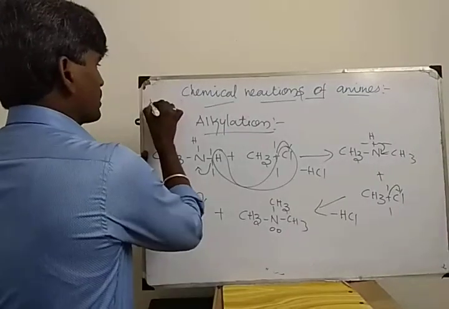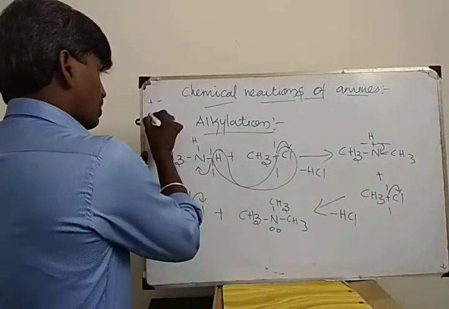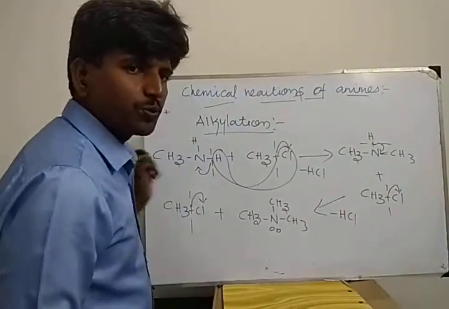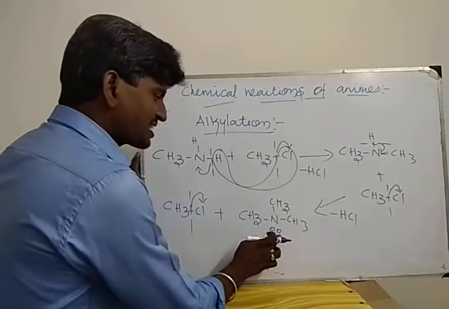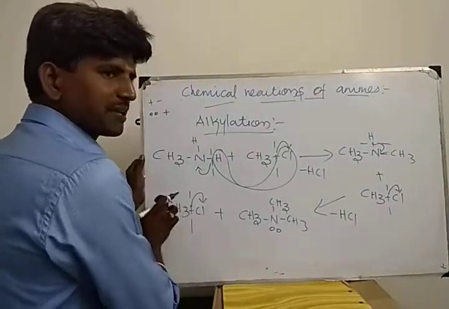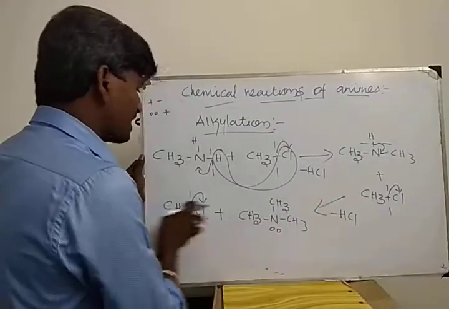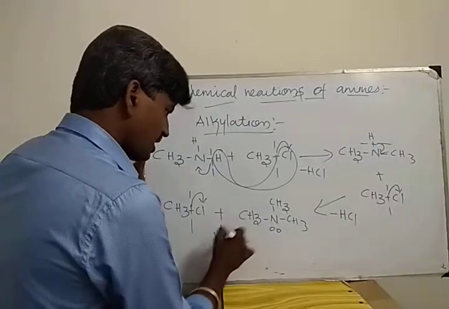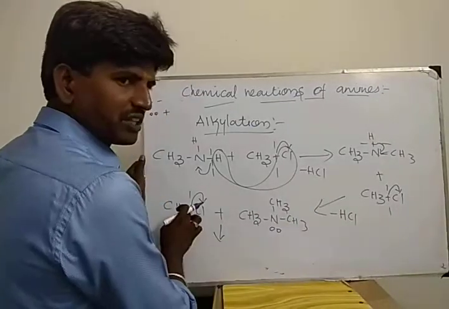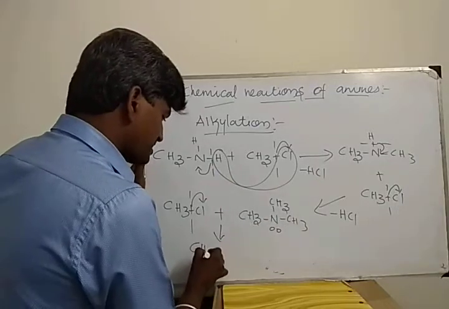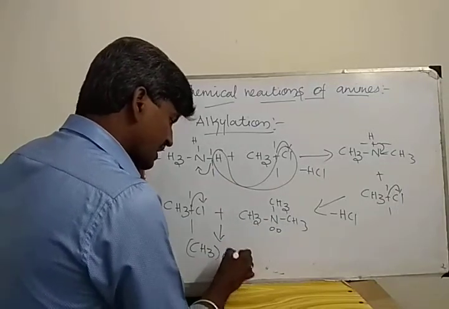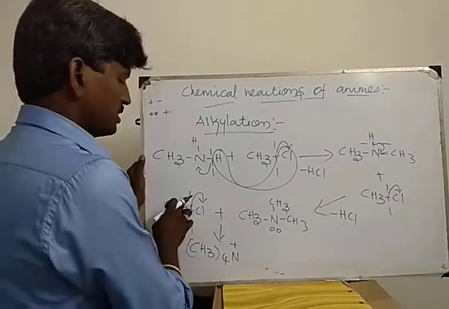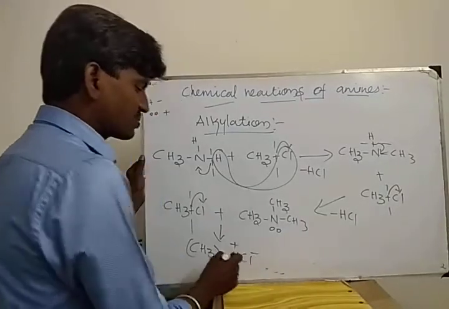Already you know very well: 1 plus, 1 minus means bond formation. One lone pair of electrons plus a positive charge means bond formation. After the bond formation, we have to put a positive charge on that particular atom. Here nitrogen has a lone pair of electrons, and the methyl group has a plus charge. So bond formation between nitrogen and the methyl group. After the bond formation, we have to put a positive charge on nitrogen. Already 3 methyl groups are present, and one more methyl group is attached to the nitrogen. So how will you write? CH3 four times on N, with the lone pair forming the bond. After bond formation, we put a positive charge on nitrogen. Cl minus. What's the name of this compound?